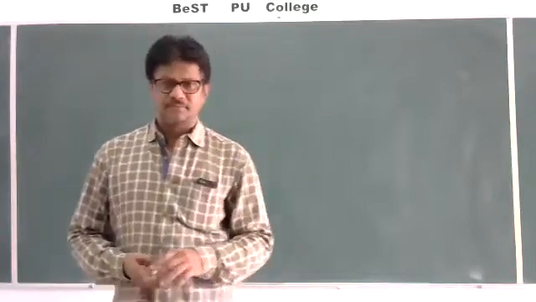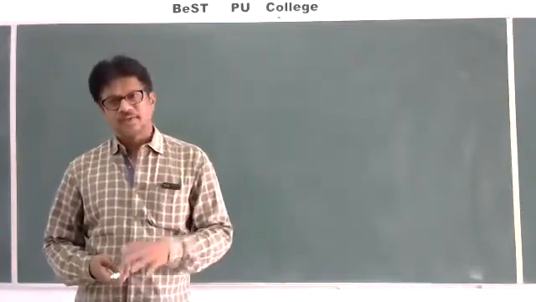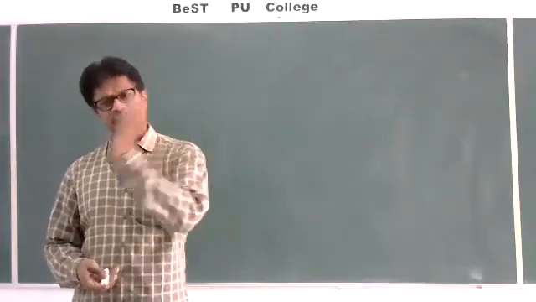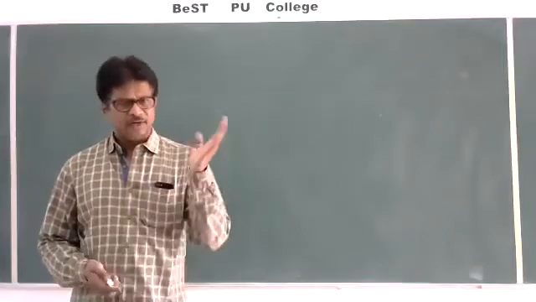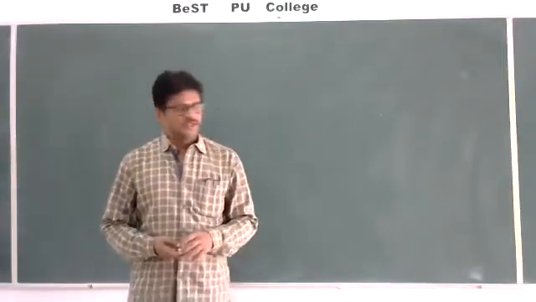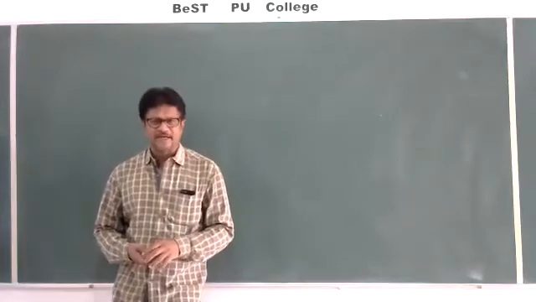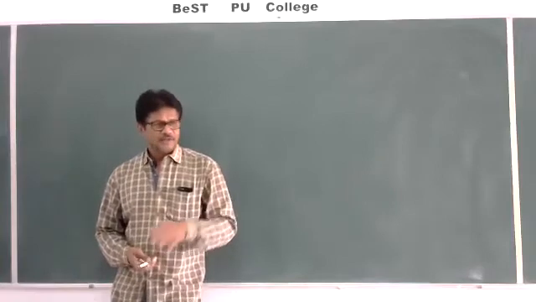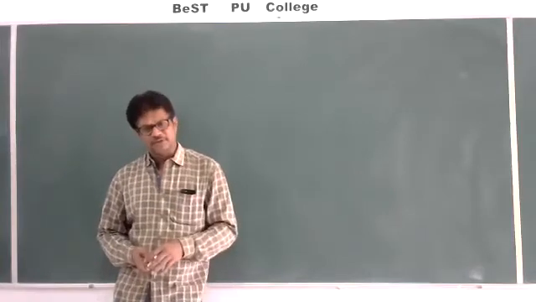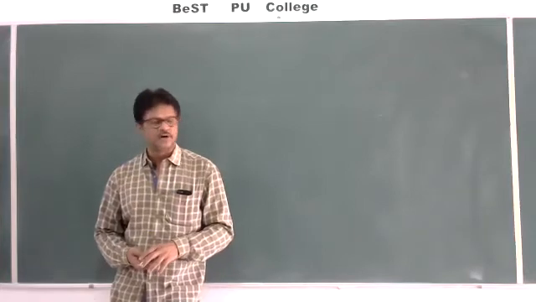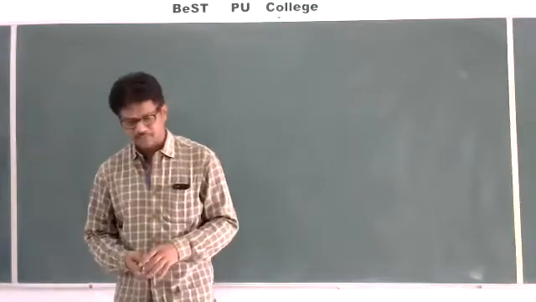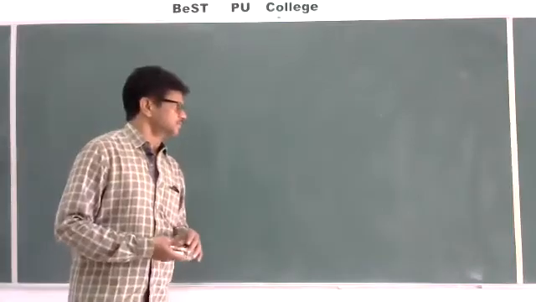So yesterday we discussed the combination of capacitors, series combination and parallel combination, and we discussed that based only on the charge we are going to decide whether the given combination is series or parallel. If the same charge flows, it is a series combination. If the charge divides among the capacitors, then we call that combination a parallel combination. So based on this, a few points I would like to discuss.